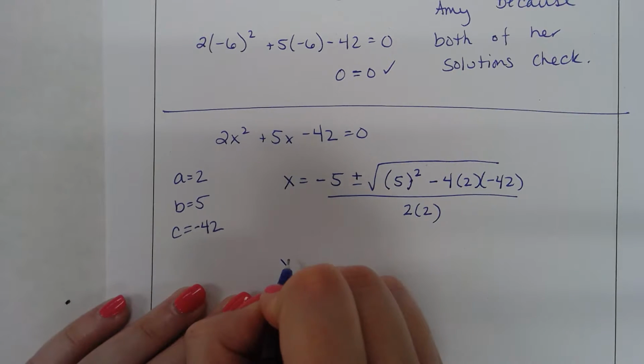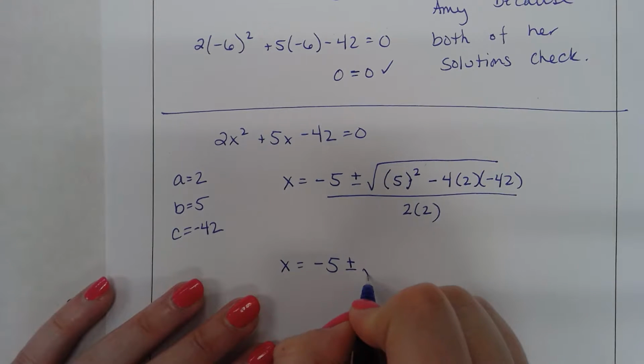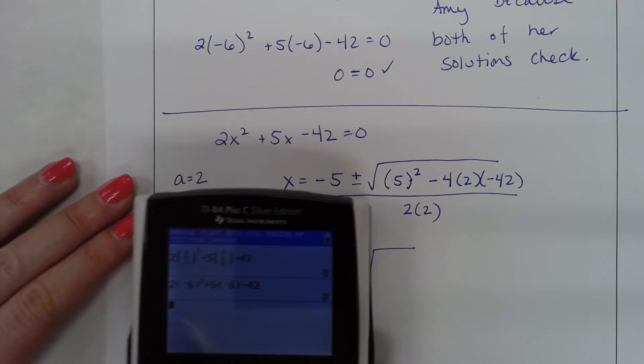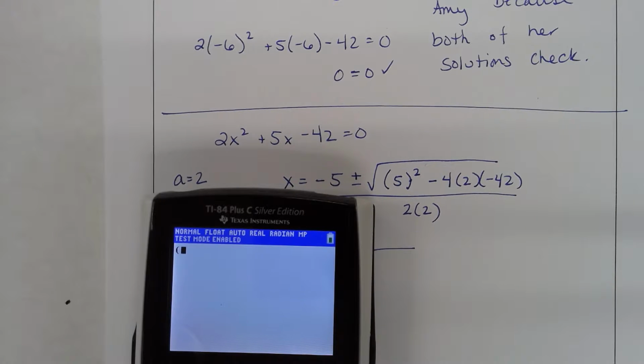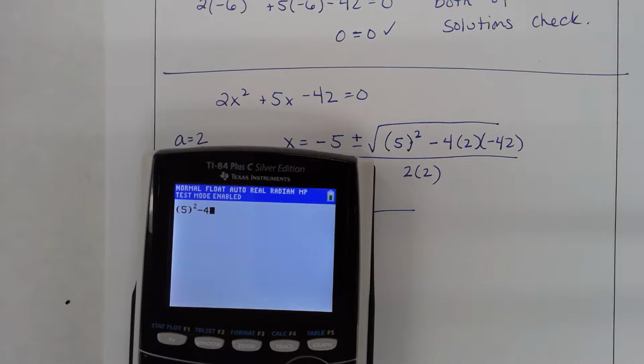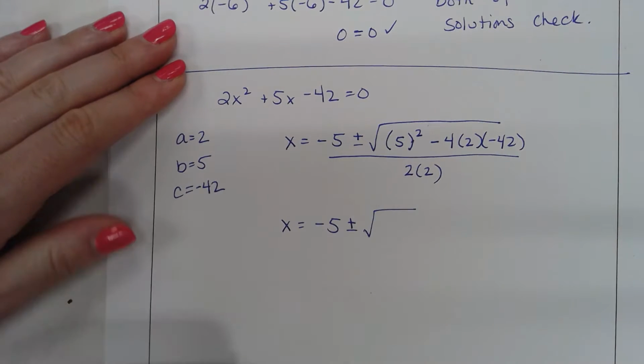So x equals negative 5 plus or minus the square root. So on my calculator, I'm putting everything that's under the radical, not the radical, just the numbers that are underneath. 5 squared minus 4 times 2 times negative 42, and I've got 361